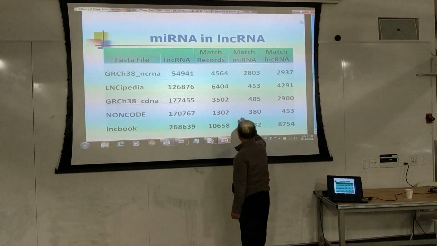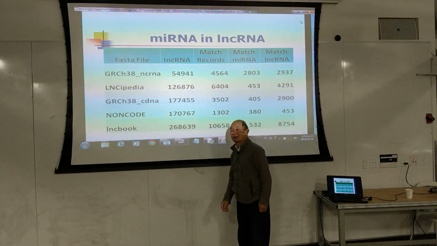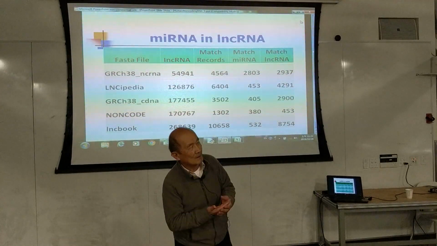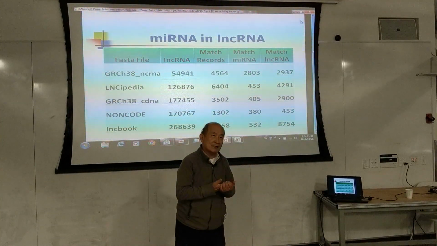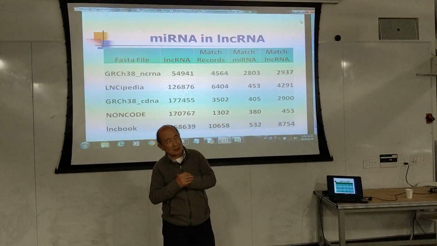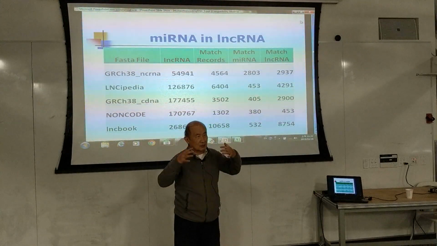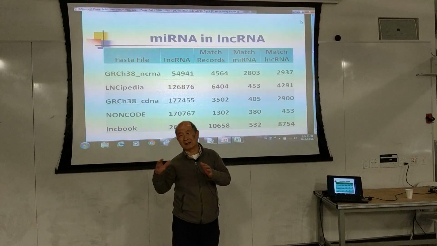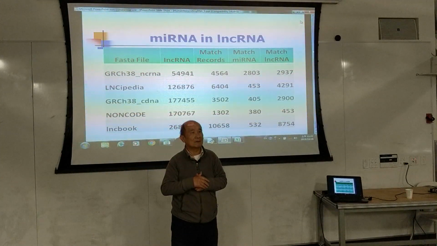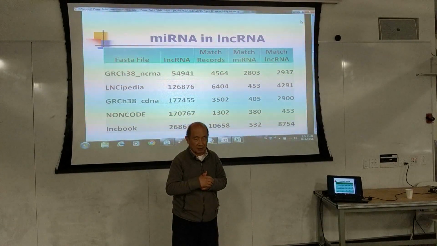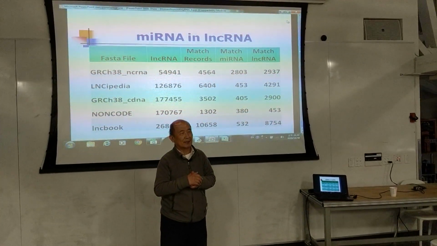But as you can see, the human long non-coding RNA databases are still inconsistent, and I don't think they are complete. And the microRNA database is very limited. We only know a very small number of RNAs, so with two very incomplete databases, of course I